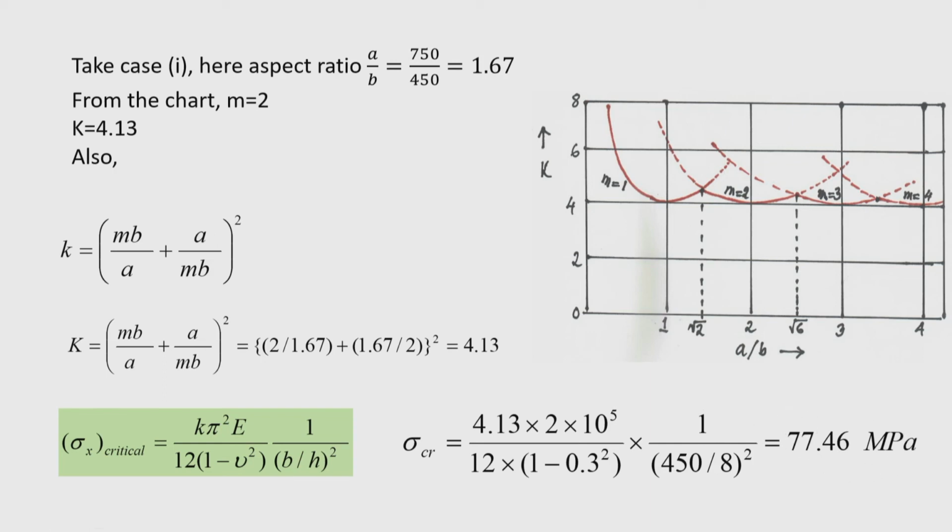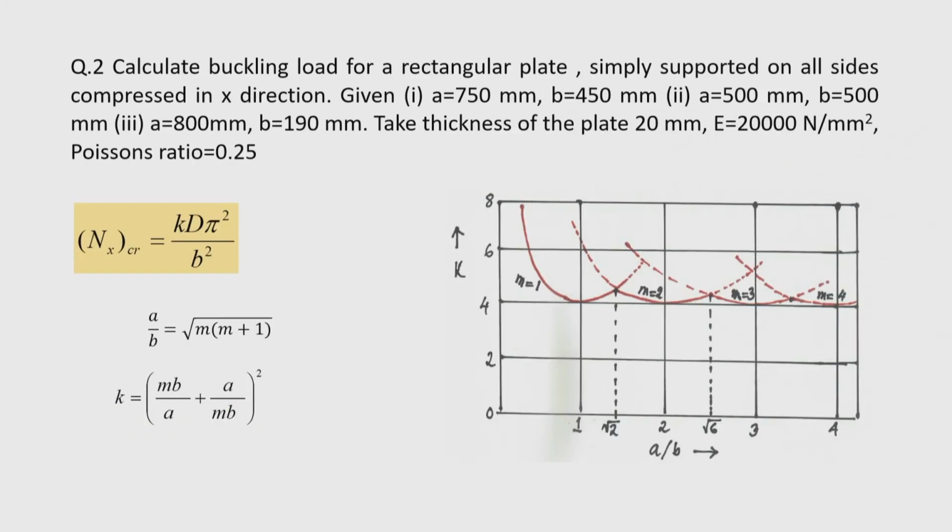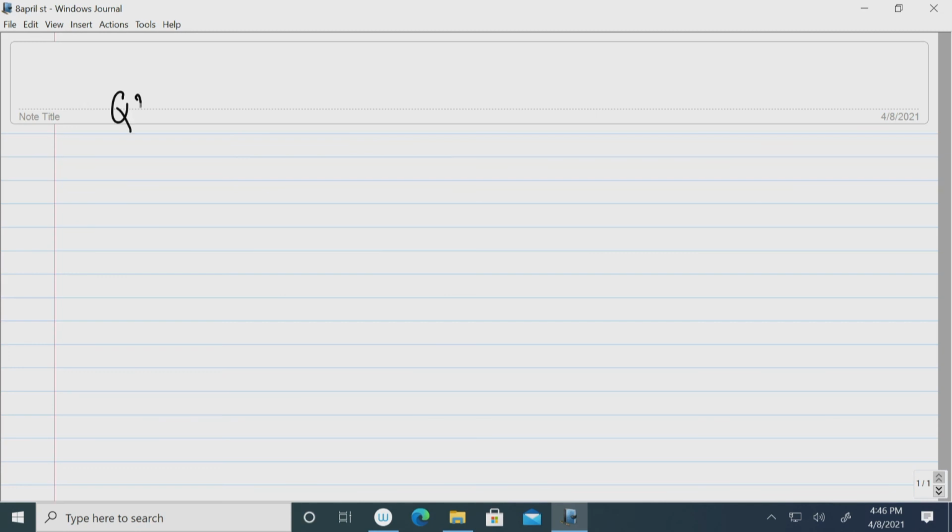Okay. The third problem, that is the biaxial compression. Let me solve it and show you the solution step by step. In the third question, we have a rectangular plate, dimension is A and B, and all sides are simply supported. So, this is simply supported, this is also simply supported. I am giving the symbol S instead of drawing the dotted line, and it is compressed.